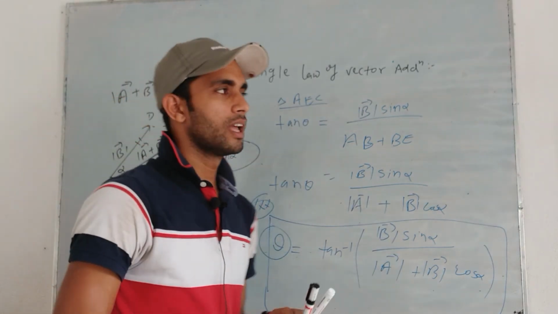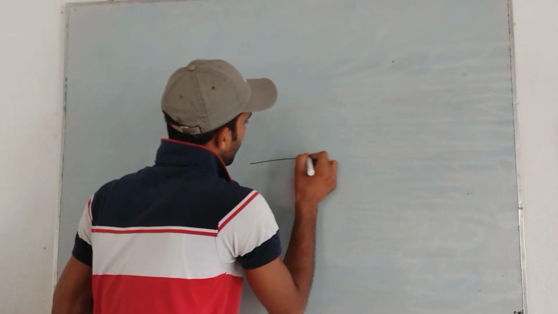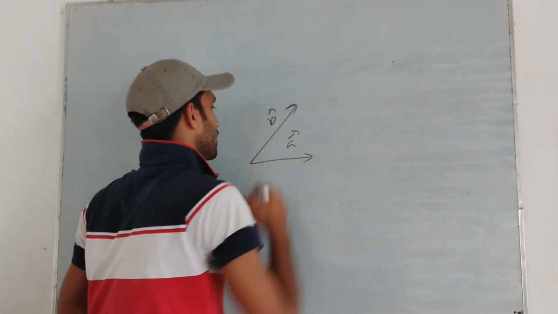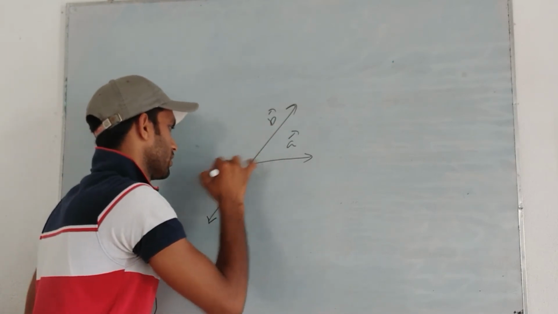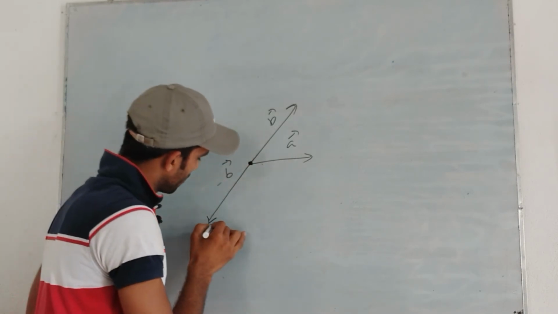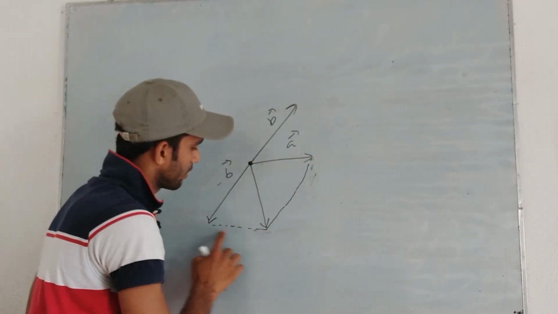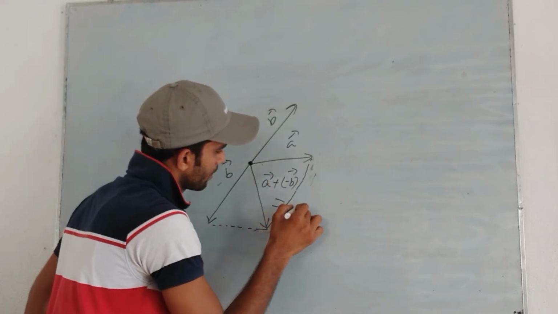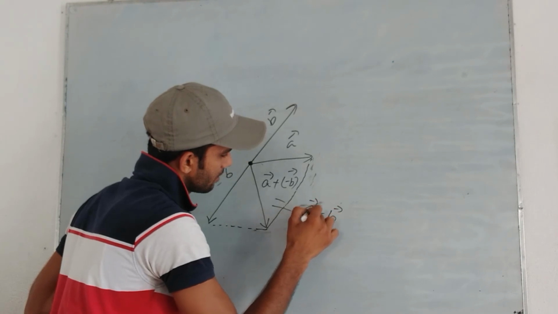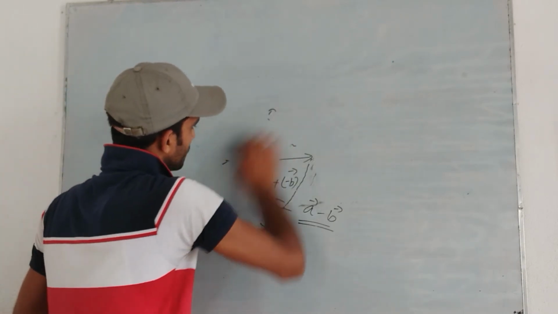So our next topic is subtraction of vectors, and subtraction of vectors is almost similar to addition of vectors, right? All you have to do is invert the direction of B, then find the value of A minus B. So this is your A and this is vector B. To find the value of A minus B, invert the direction of B. So this is your minus B. Then you will find another parallelogram in the negative direction, and this diagonal of the parallelogram will give you A plus minus B. So this is your A minus B. This is very simple, just invert the direction of B and you will find A minus B. So this was the subtraction of A and B.